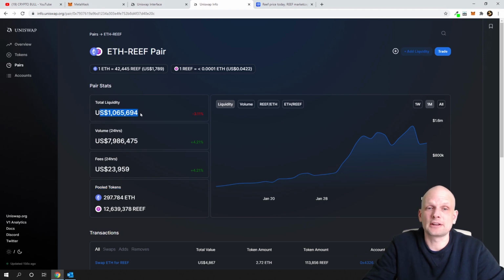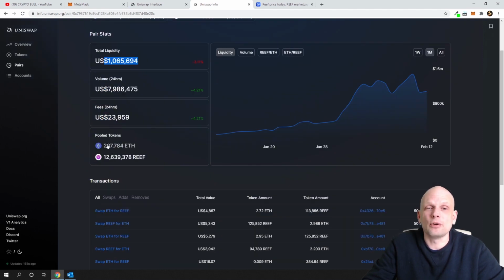For example, currently, as you can see, there is liquidity for this pair of 1 million, guys. If you add 100 million, you will be making a tenth part of all fees. As you can see, in 24 hours there were $23,995 in profits, guys. So if you would add 100,000 liquidity yourself, like 50,000 in Reef and 50,000 in Ethereum,